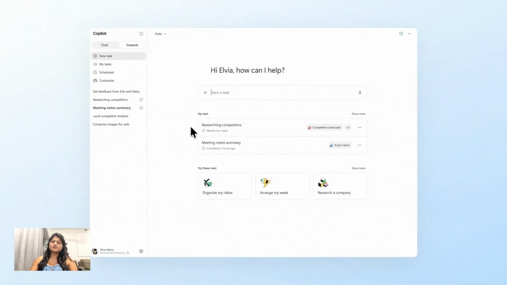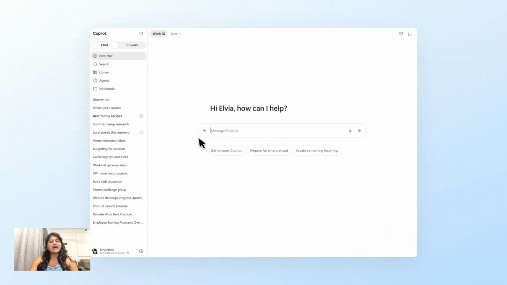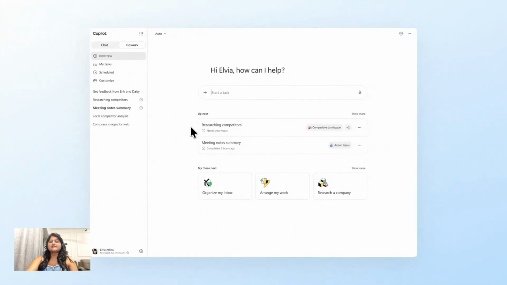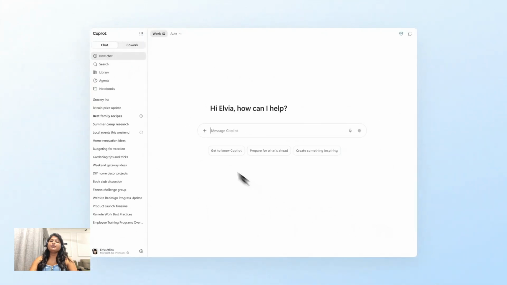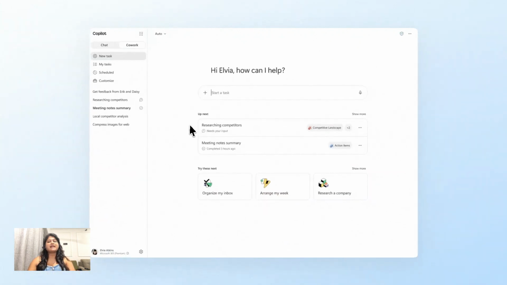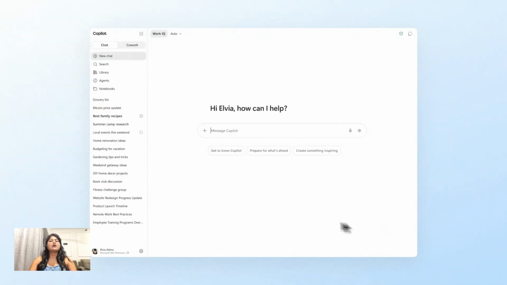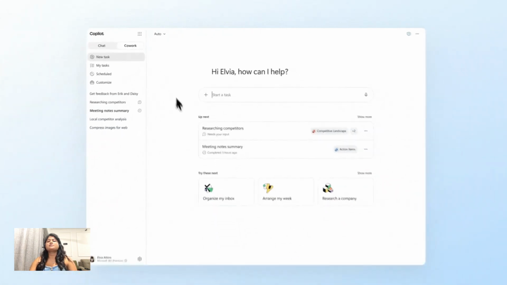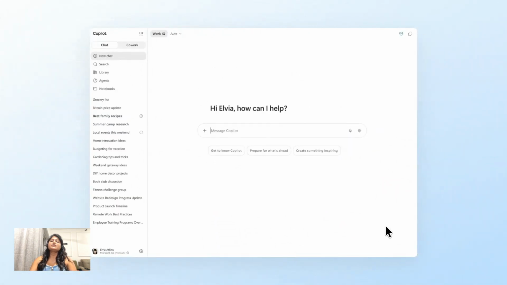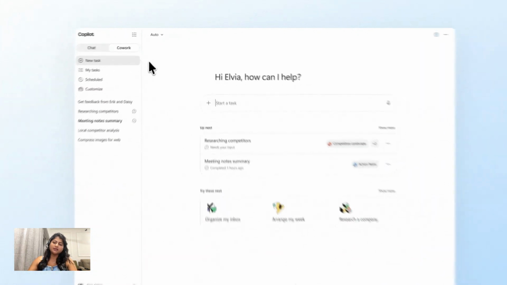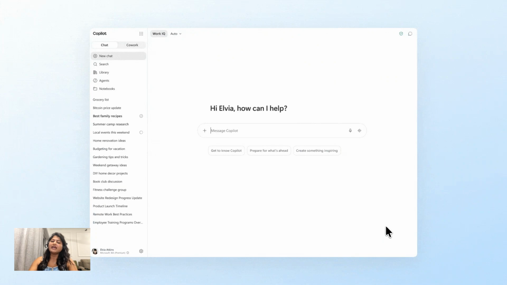It doesn't just respond, it actually takes action on your behalf and completes the work for you. For example, with Cowork, you can send emails, schedule meetings, create documents like Word, Excel, PowerPoint, post messages in Teams, or add up to 50 custom skills. So, in simple terms, Copilot Chat helps you think, Cowork helps you execute.